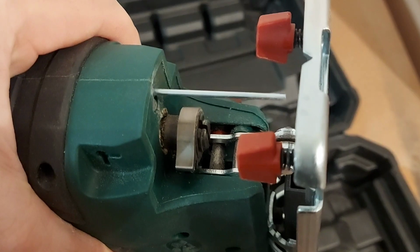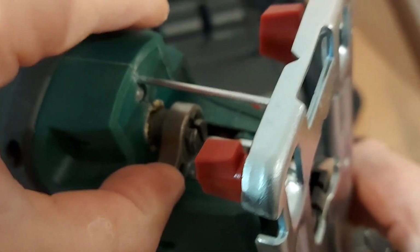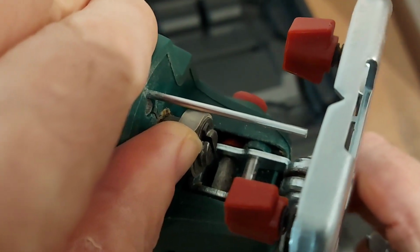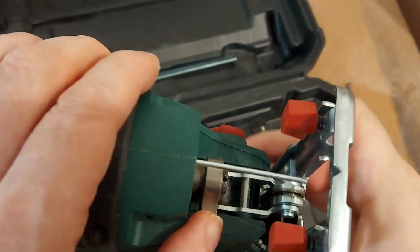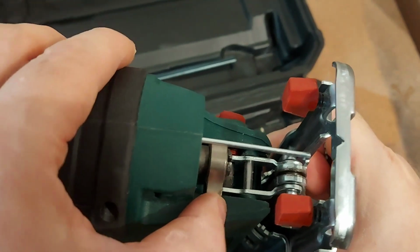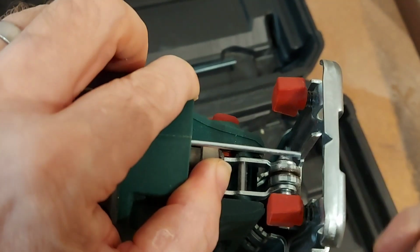I also like the fact that you don't need any tools to change the blade. You just basically got this little lever that you slide round, and that is how you remove and refit your blades. So I'm going to attempt to do it behind the camera so you can see. So you basically just flip that round, get your blade,